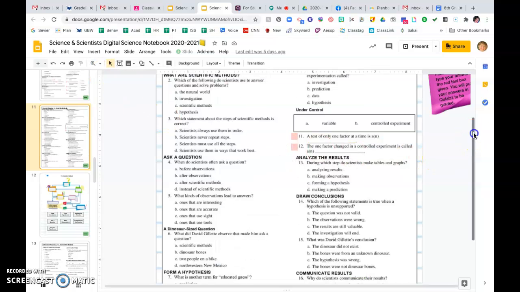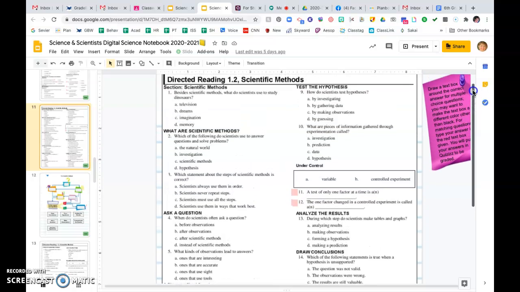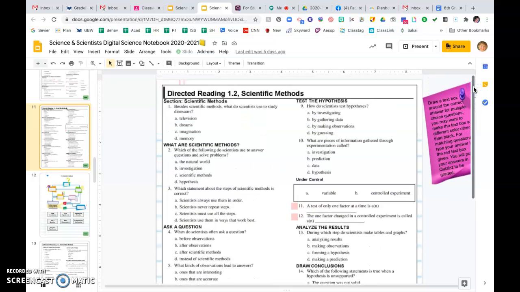And you'll notice at the top, it says Directed Reading 1.2. So you're going to go through and you're going to use the text box, just like I told you in the instructions to the right, to draw a box around your answers. You may want to grab a sheet of notebook paper and write these answers down if you're not real comfortable with going back and forth from screen to screen. Because once you get these answers in,